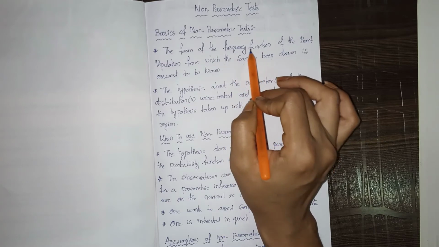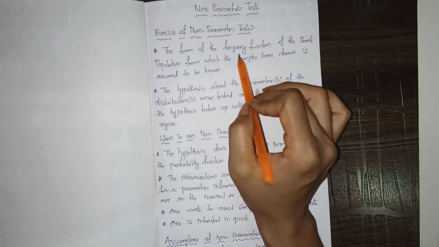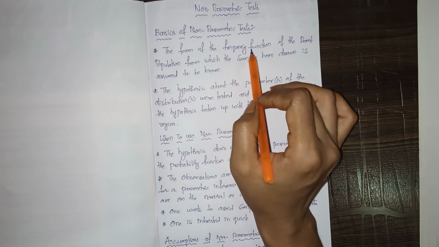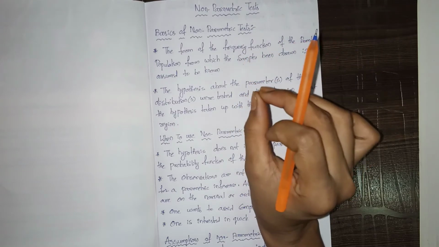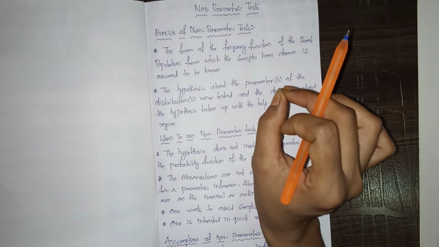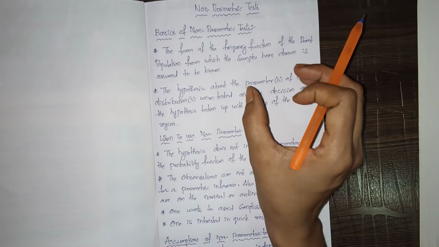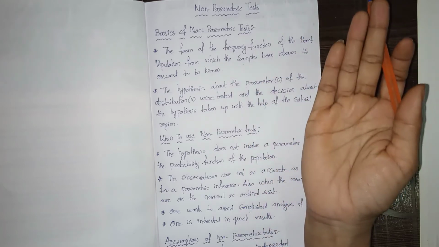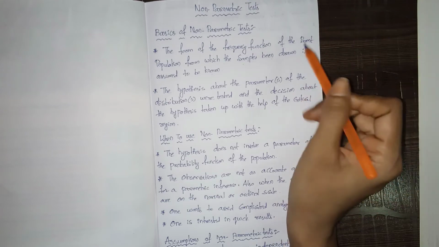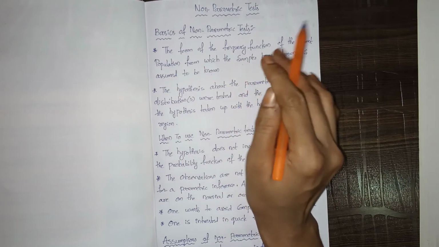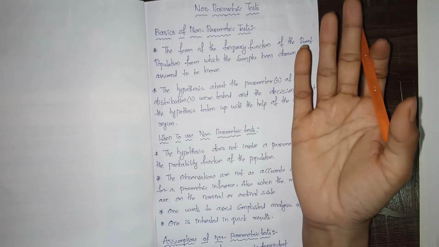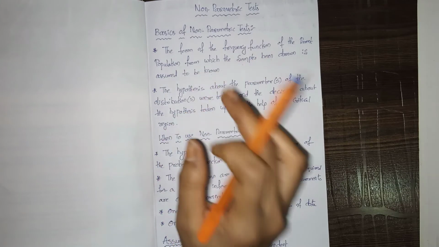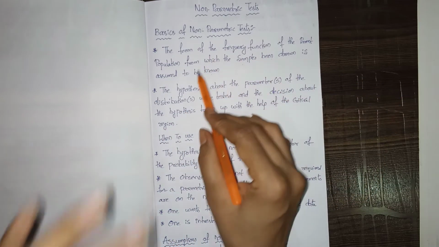For example, if we conduct a test for students, the marks range will be from 0 to 25. The test is for 25, which means the students will get between 0 and 25 only. They won't cross the range. Like that, for a population also there will be one range, and it won't cross that range. So we select such populations and collect samples from that population. So that is the first point.